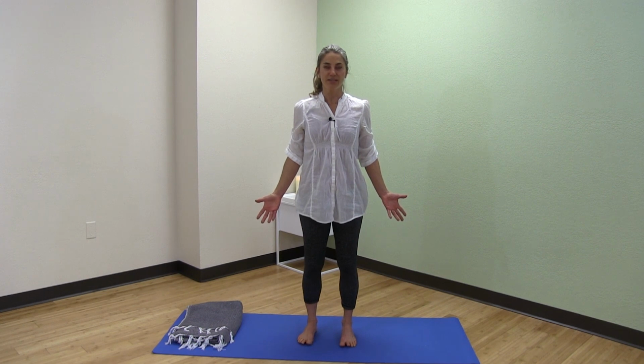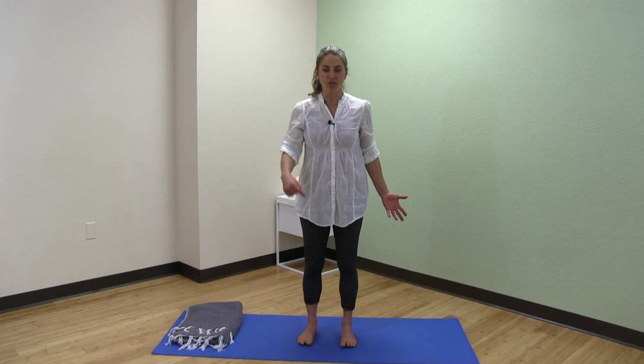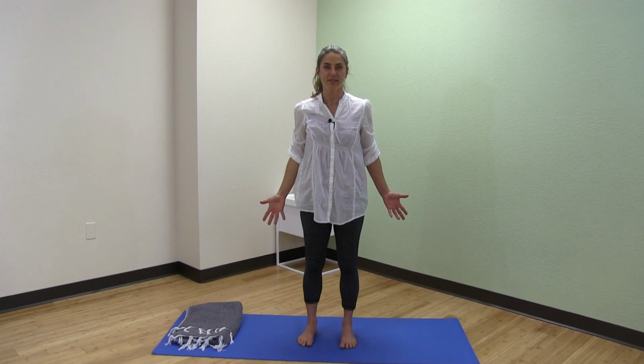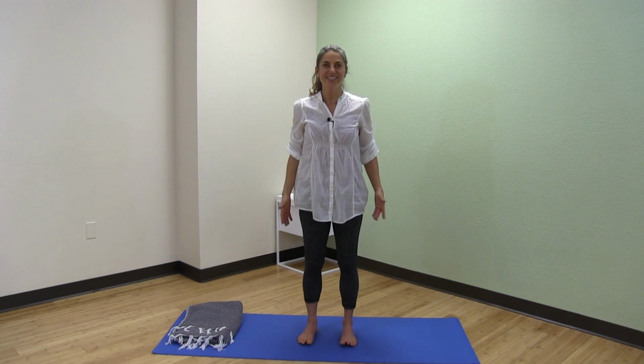Take a full breath in. It feels like you can literally get the breath from the ground up. So imagine that your breath is starting at your feet and invigorating your body as it rises up, touching the crown of your head at the top of the breath. And then as you exhale, a calming effect rushes over you as your shoulders sink down, your weight sinks down